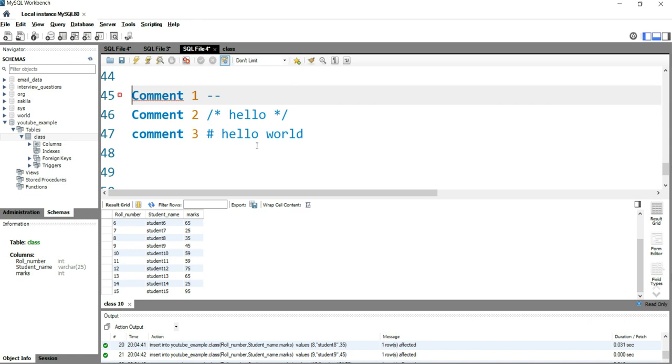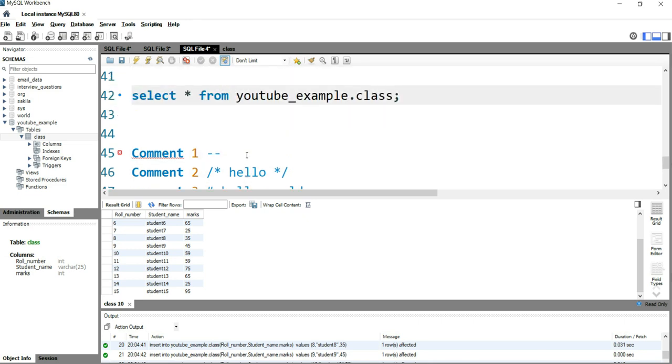The first one is that it can begin with two hyphens, which is here. Okay, so right now I'm showing you this as example comment one. What you can do is use these two hyphens. For example, right now this is my query, right? And now after this query I want to write something for the other users to know what exactly it does. So if I want to write a comment, I can write that this shows all data from class table,